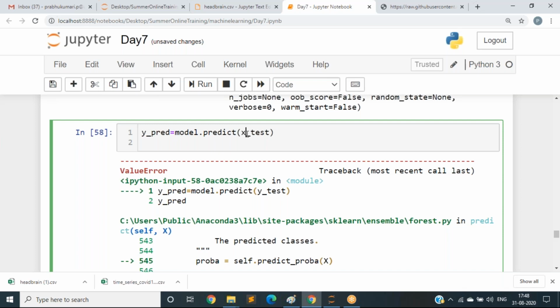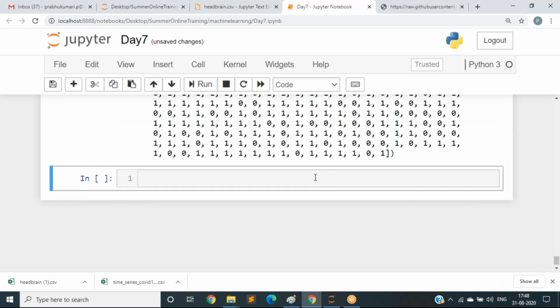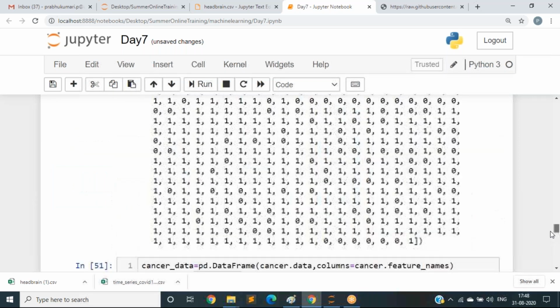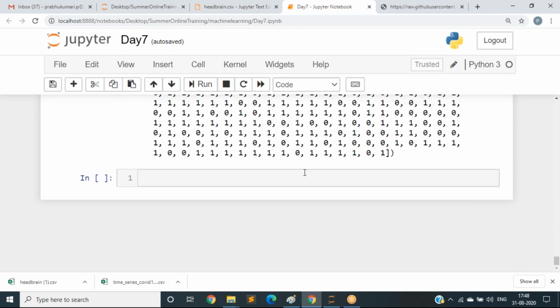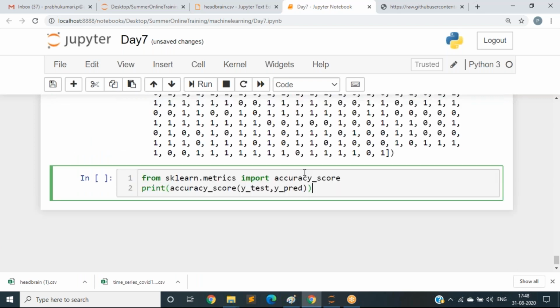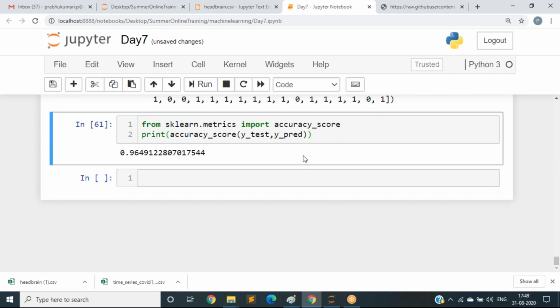I have used X, that is why it is giving me some error. Y underscore predict, and let me check the accuracy. Okay, let me copy here. I got some 96 accuracy.